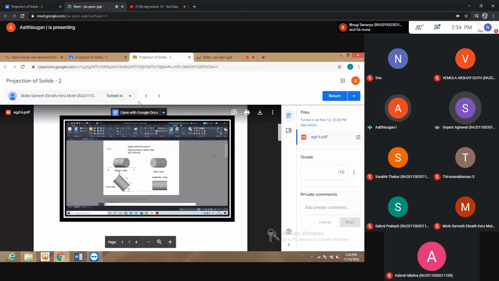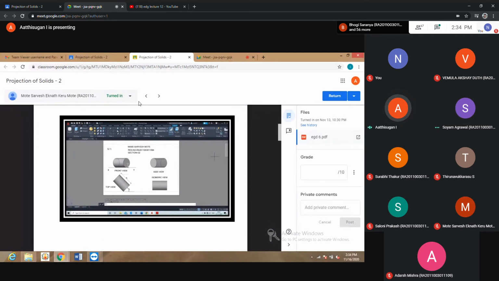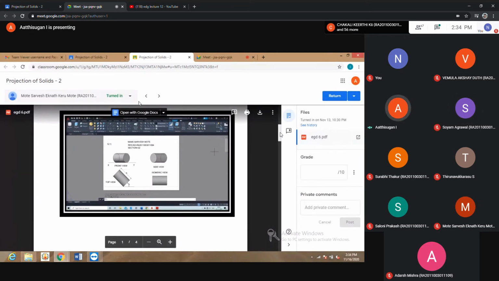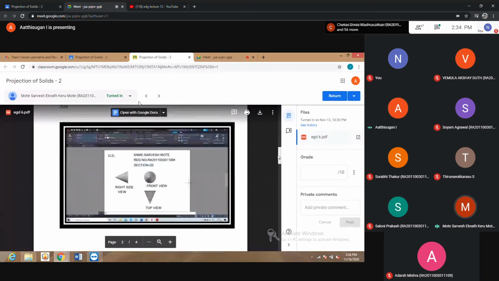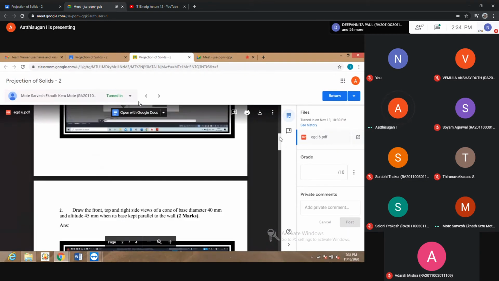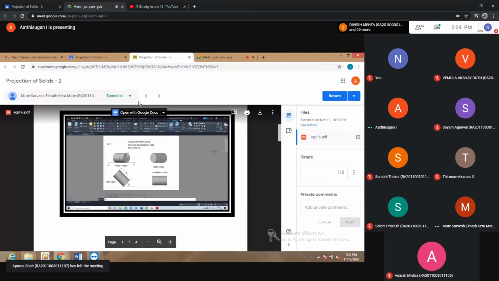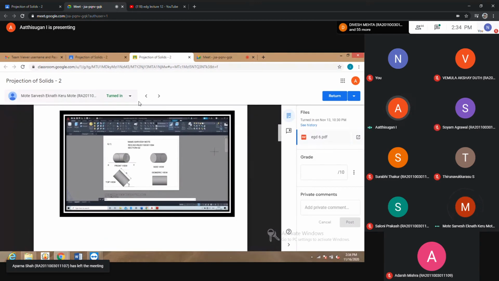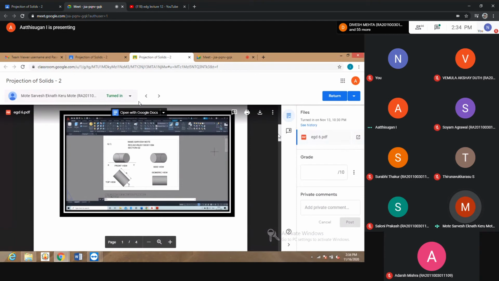Sir, how do I label the circle and cylinder? Okay, for the circle the diameter will come, with the diameter symbol. Sir, show it in the cylinder, I am not able to do it in the cylinder. For the cylinder you can get one or two dimensions. This is okay, also fine, but the circle dimension is missing. Here the circle diameter is missing. Sir, that only I am not able to give. Wait, I tried. Okay, I'll give.